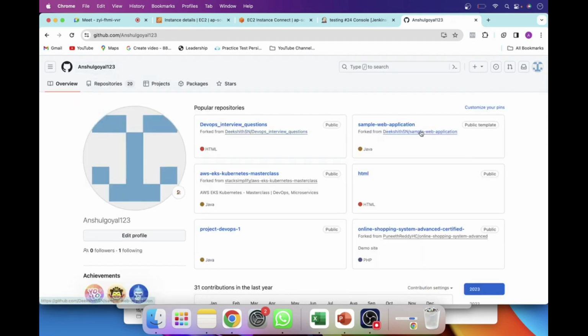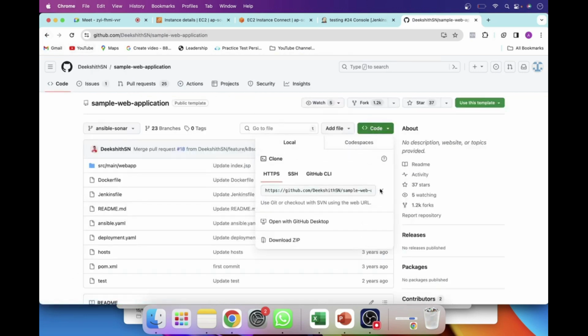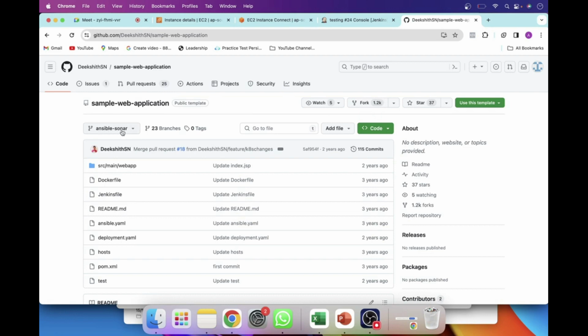Let me take a sample dev application, जिसमें बहुत सारी फाइलें हों और दो तीन ब्रांचेस भी हों। ठीक है, ये Ansible Sonar। अंशुल,